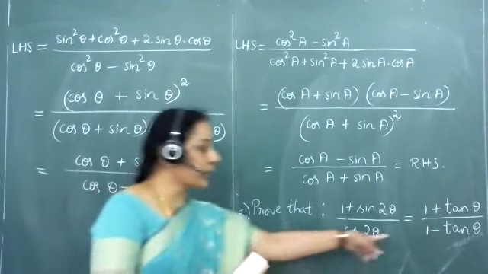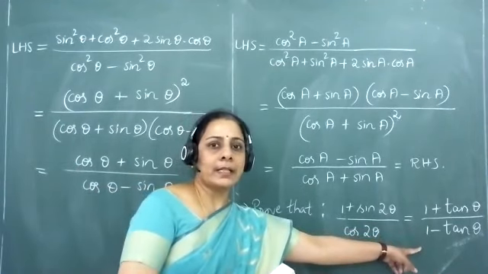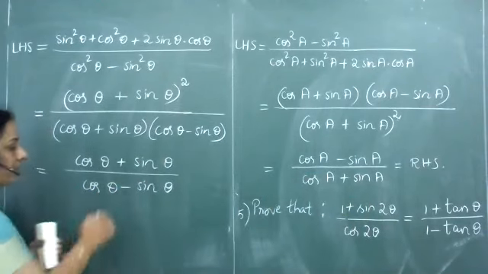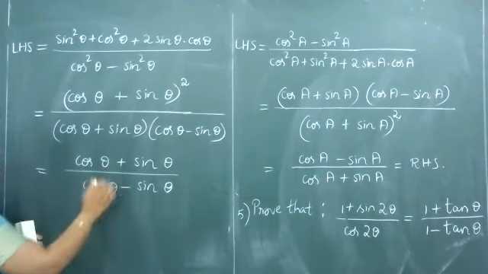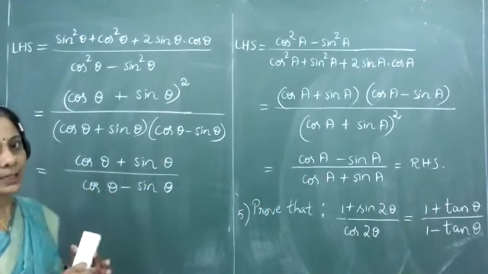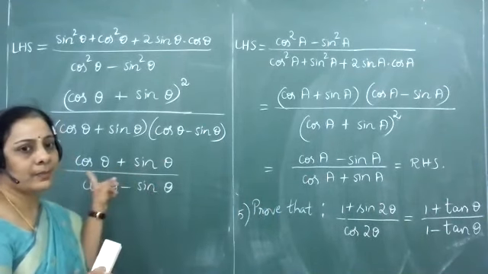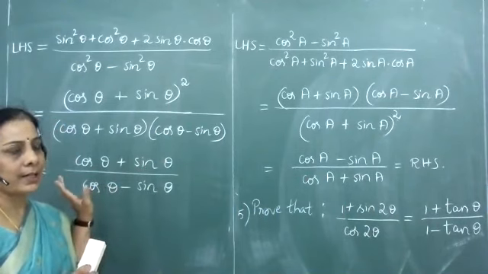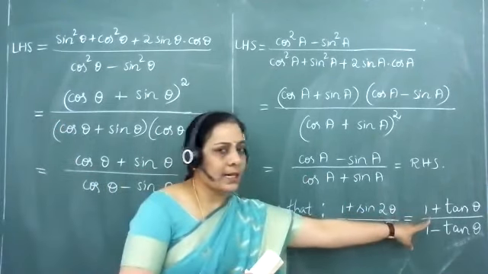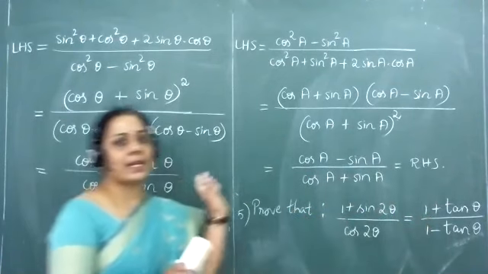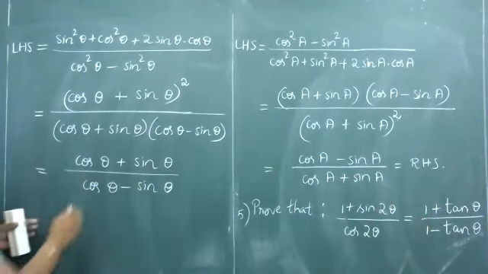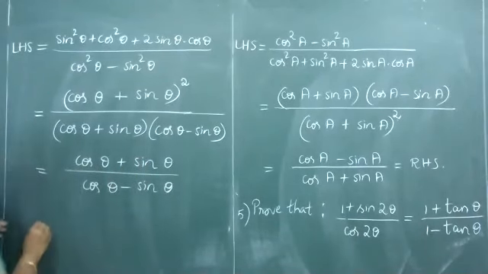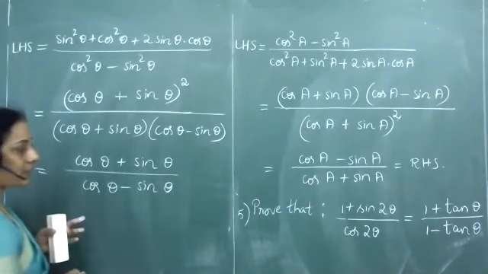But this is not what is required here. We need the RHS only in terms of tan ratio. But here, in the numerator and denominator expressions, we have it in terms of sine and cos. We have got both sine and cos ratios. If the answer is to be written only in terms of tangent ratio, then we need to eliminate sine and cosine functions here. So what do we do in such a case?